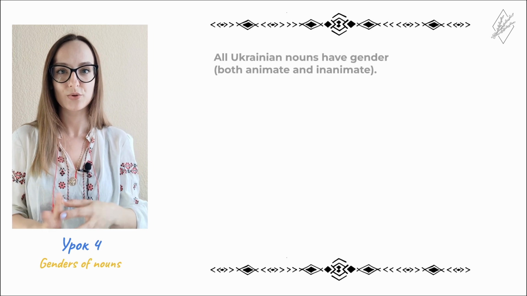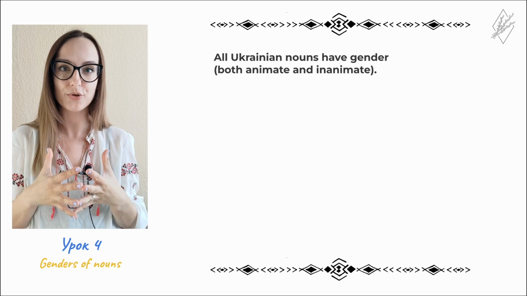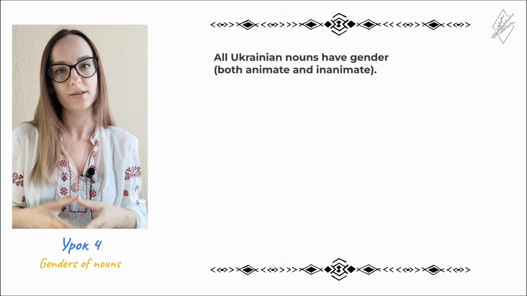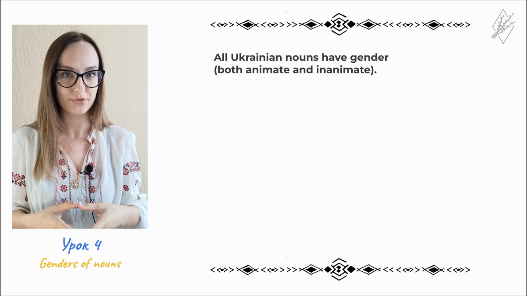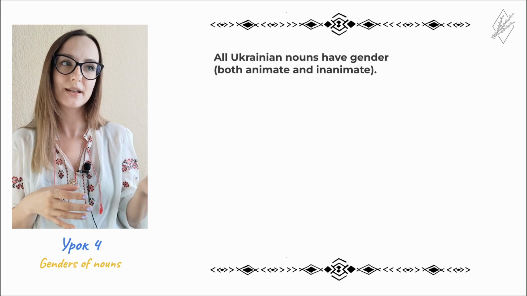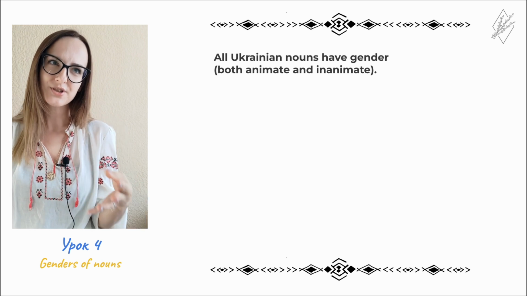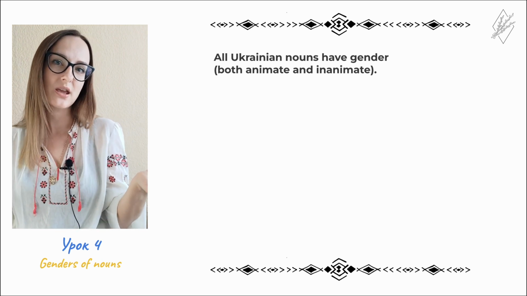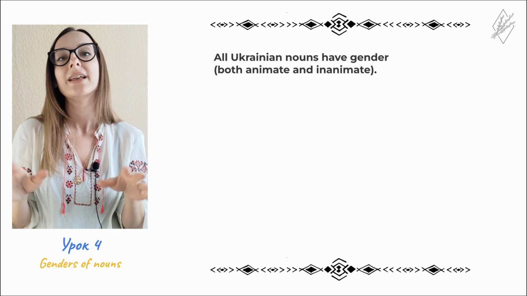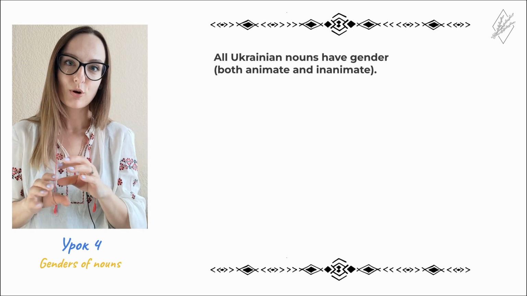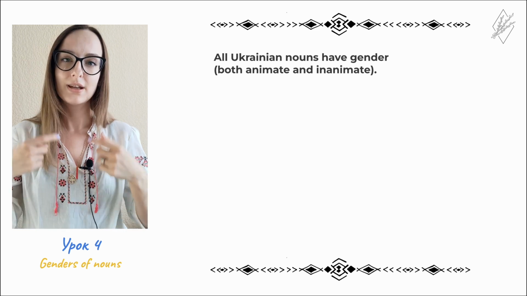Now we're moving to the second topic that we're having in this lesson, and this is the gender of Ukrainian nouns. And the first thing that we need to understand is that all the Ukrainian nouns will have gender. Doesn't matter if they are animate or inanimate. What does it mean? About animate, everything is logical. For men, we would say the pronoun he, for women, she. It's logical. But even inanimate words also have gender, and about them we will also use the pronouns he, she,